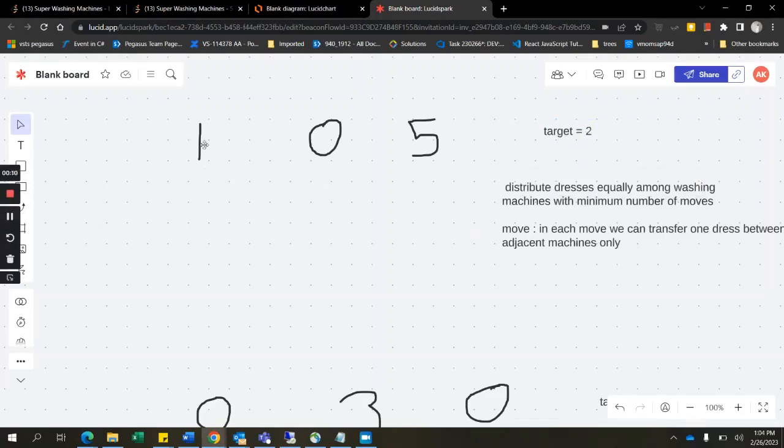Here the first washing machine contains only one dress, and our target is 2, so we cannot move any dresses out from here. Going to the next washing machine, we have 0 dresses. Again, we cannot move any dresses out of here because it is less than the target. But coming to the third washing machine, we have 5 dresses